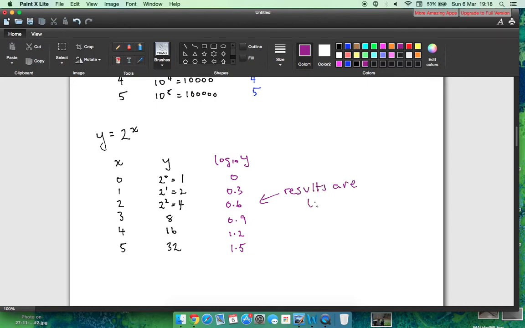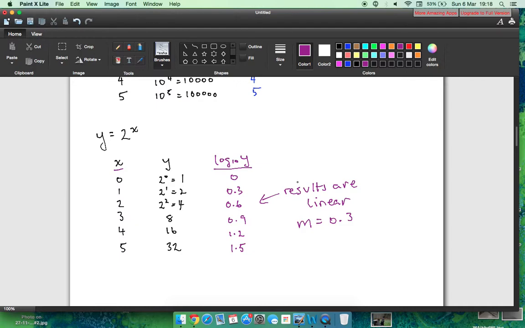They're increasing in a linear fashion with a gradient of 0.3. So if you were to plot x versus log 10y on a semi-log axis, you would get a straight line. And so if you do this step, you take a log of your y values and you plot it on a semi-log axis and your result is linear, that means that the original function modeling your data set was an